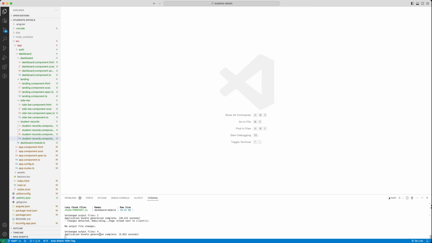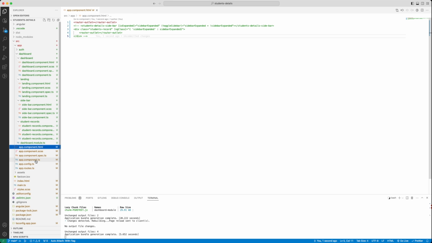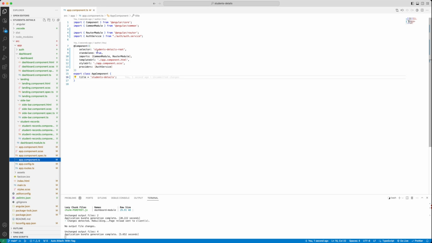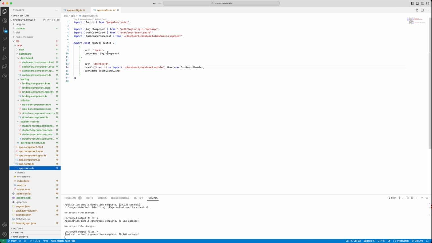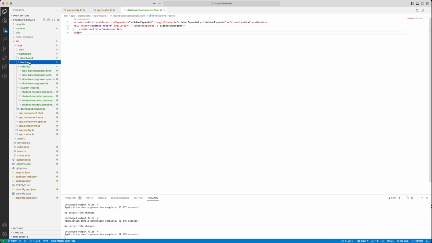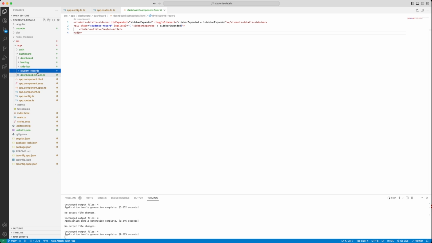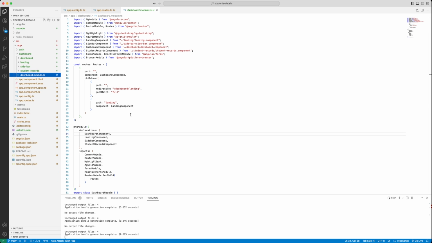Let's wait for a moment for this to compile. And let's have a quick look at the app component. Yep, that's fine. App config also looks okay. In app routes, we have made the dashboard component to be loaded lazily. Let's go to the dashboard routing. Essentially, the moment the user types dashboard there, the dashboard route would be taken to